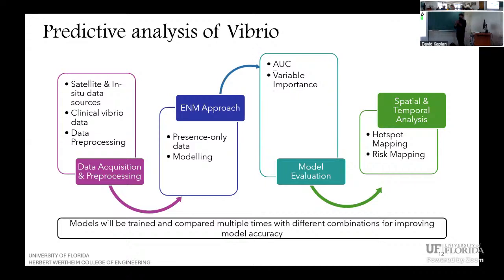Our approach for this model was that since we only had presence points, we did not have enough data points for the absence. That means, let's say, a sample was taken from the ocean and it was not found positive for Vibrio. We had those points, but they were limited in number, so we had to exclude them in order to run the model rationally. After that, model evaluation was done based upon the variable importance and how each variable contributed to that, and AUC, which stands for area under the curve. Based upon that, hotspot mapping was done to understand which Vibrio is present in which part of the world, in what quantity, and how to use this to project future scenarios.